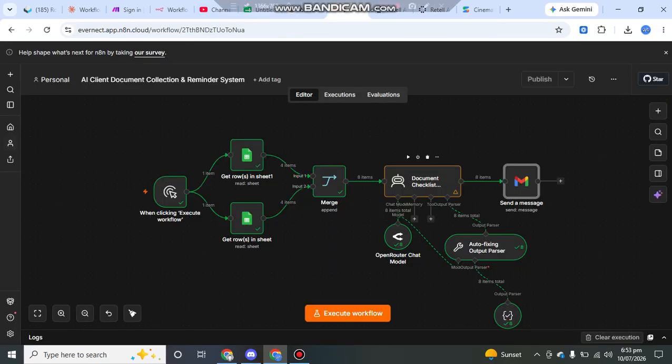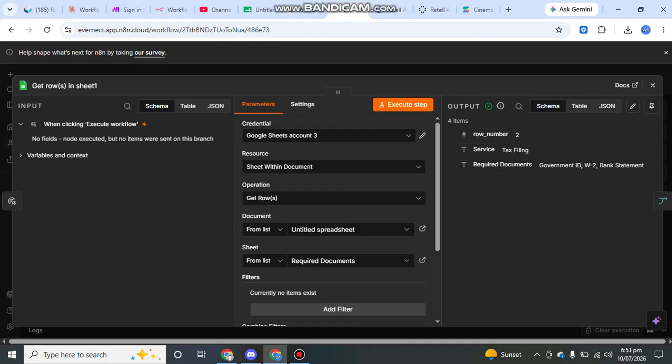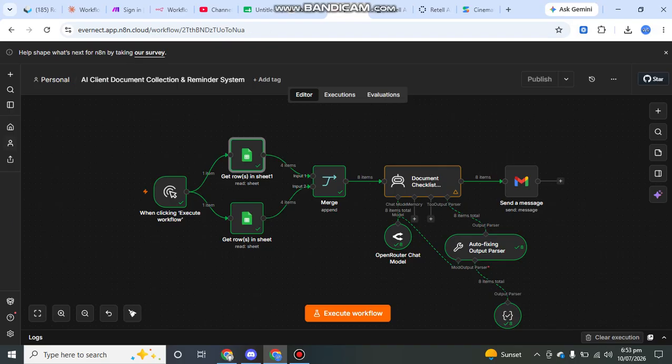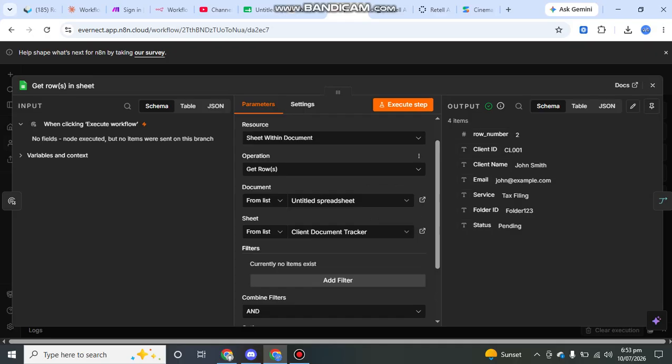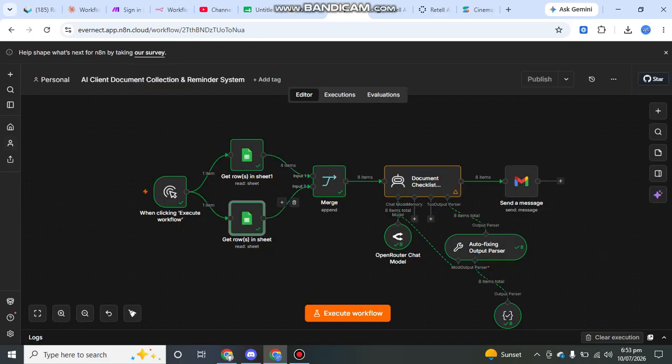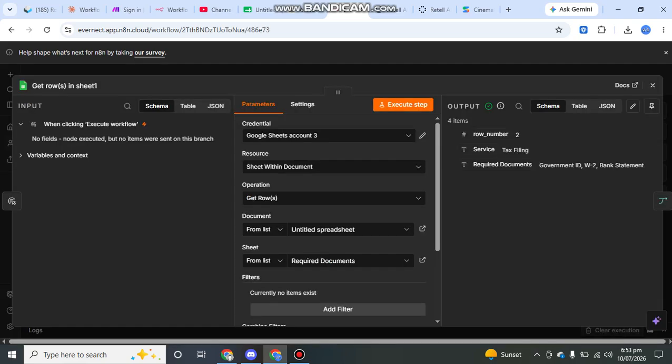back. We can use a schedule trigger, but for now we are using the execute workflow manual trigger. So once you execute, you would now have the two Google Sheets. The first one is to get the required documents that are needed, and the second is the client documents that has all the clients. So you can see we have all the clients here, four items, and now we have the company documents where we have tax filings,